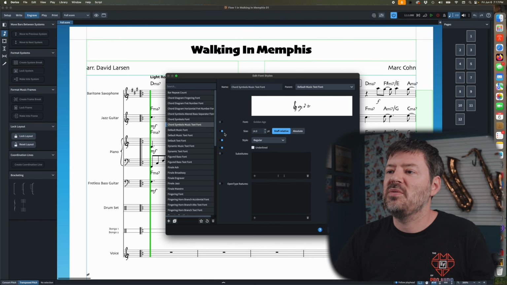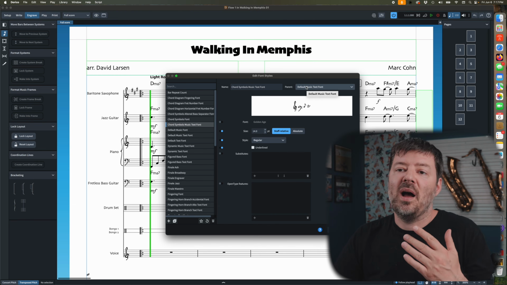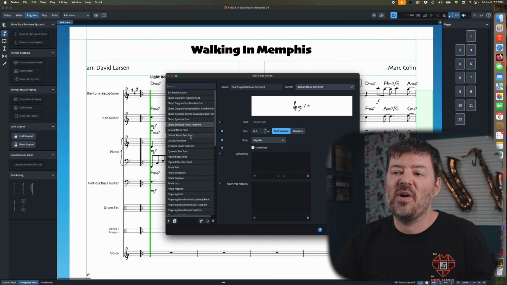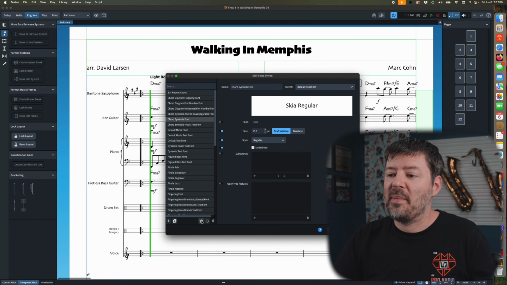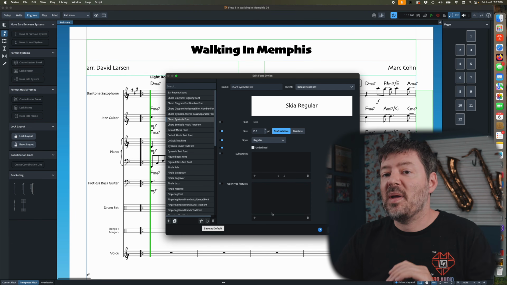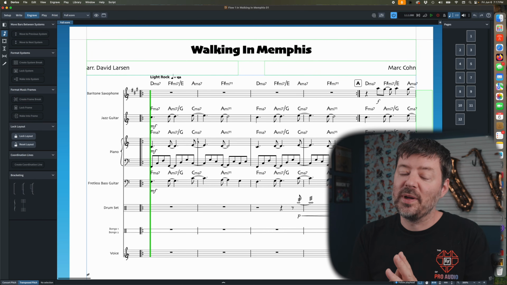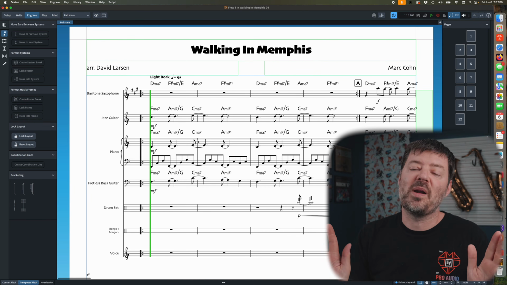And the same is true down here. My music text font is set at the Golden Age because that's drawn from my music text font down here in that other previous menu. And again, once I get this looking perfect, I'm going to go ahead and hit the star to make it my default. Okay, there's one last place we really need to look before we ever want to make a template,